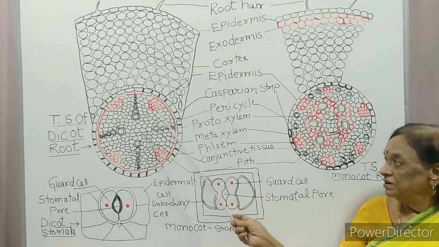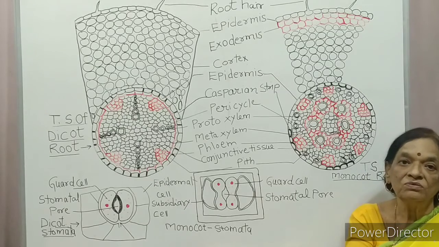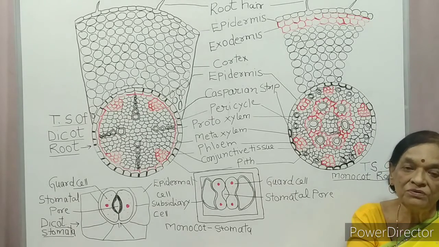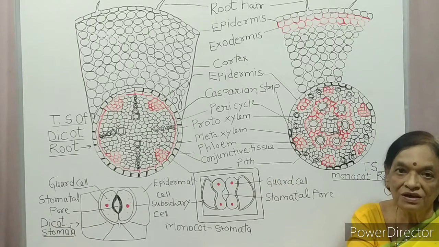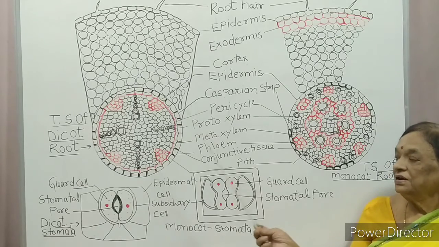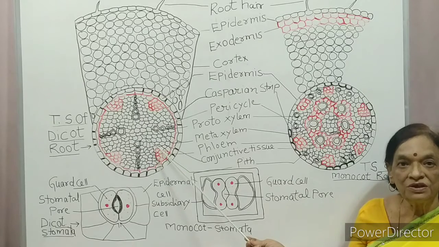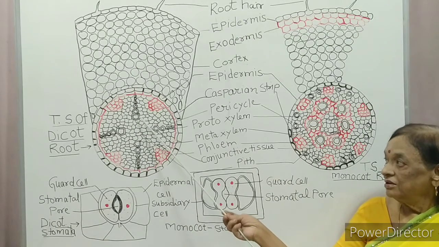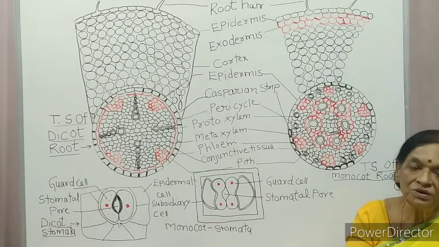Because it is a root, phloem and xylem alternate with each other. What is the name of this type of vascular bundle? Radial. Generally in dicot root 2, 4, 6, 8, diarch, tetrarch, hexarch or octarch vascular bundles are present. Here in the diagram it is a tetrarch stele. Stele means vascular bundle. You can see 4 xylem patches alternate with 4 phloem.